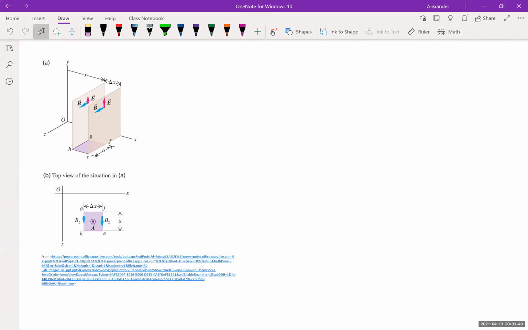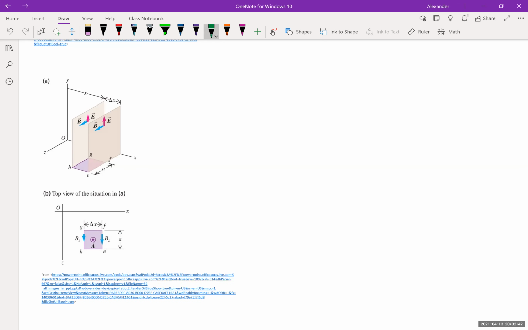Same situation, but suppose we consider a different rectangle. Use a different color for this. Let's do orange. If we're going to ask for an application of Ampere's law. Now,